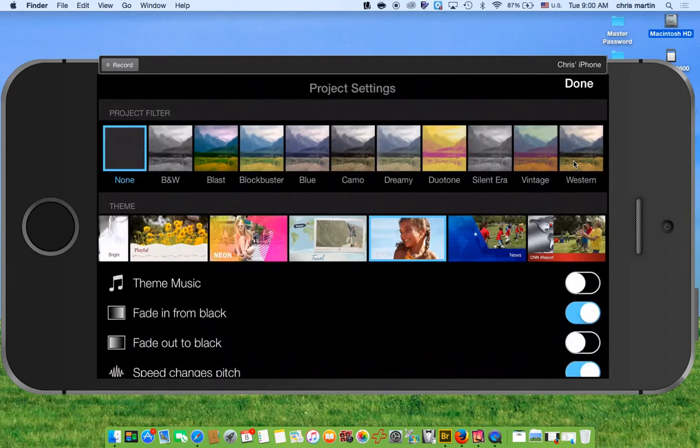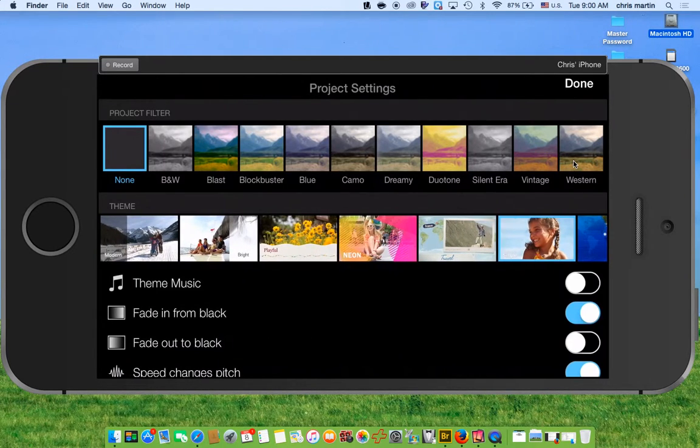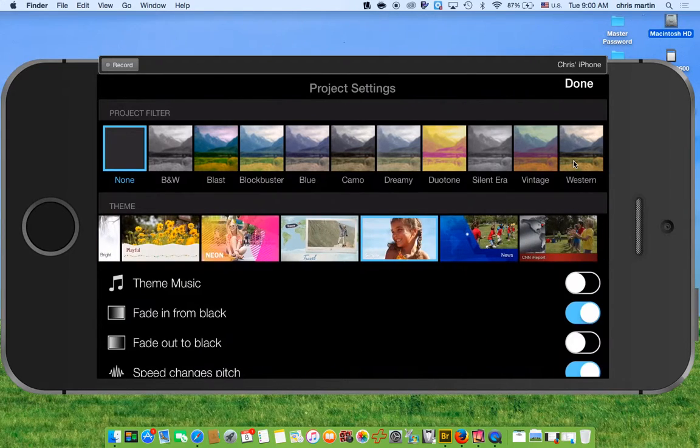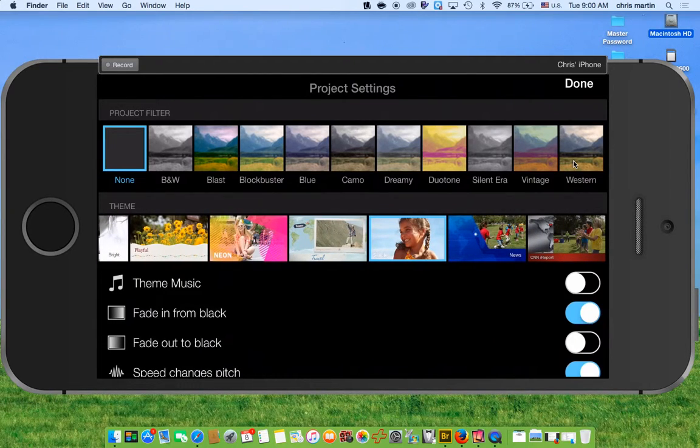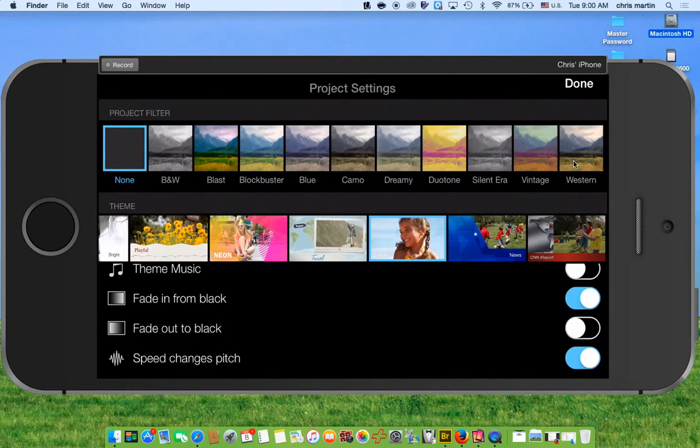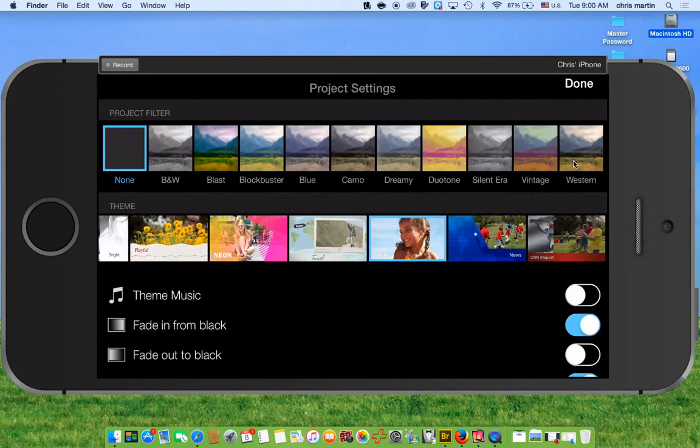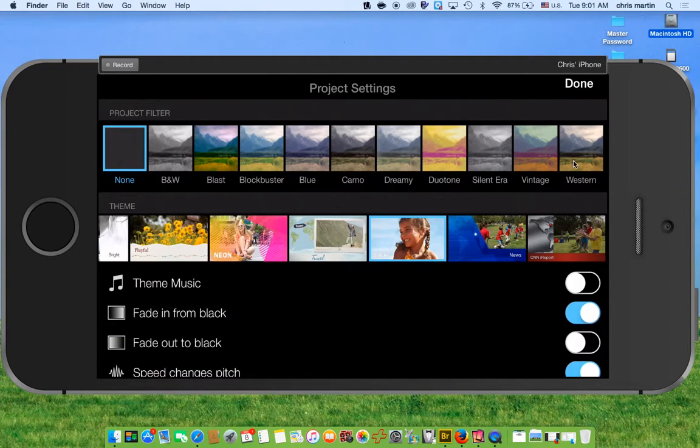There's all sorts of project filters. I don't do a lot of filters. I just like it to look normal. But the themes, they've got bright, playful, neon, travel. A lot of cool things you could do with this. So, fade in from black, fade out to black, speed changes pitch, and theme music. I don't want theme music. I've got all the settings I really need. And so